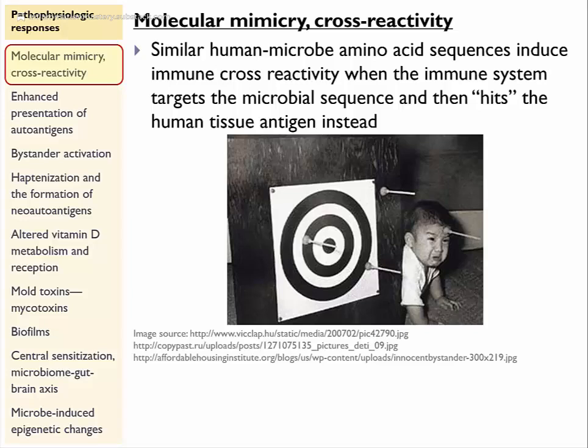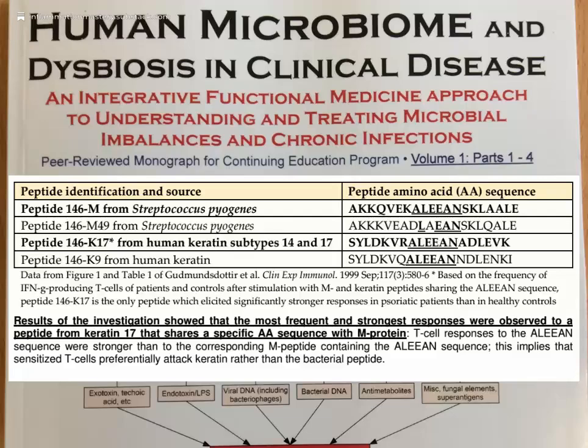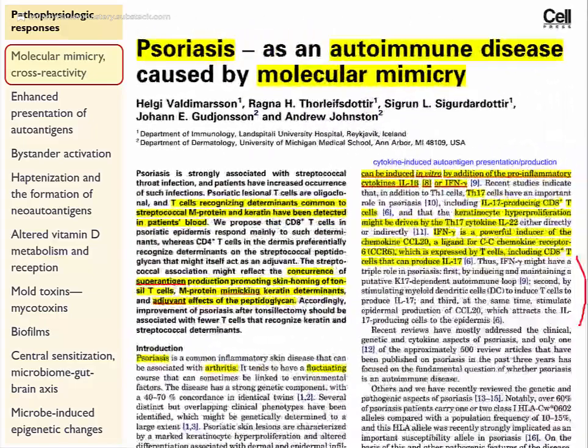Let's look at molecular mimicry and cross-reactivity as an exemplary model for the induction of pathophysiologic responses by microbes. So basically, the take-home message here is this: microbes produce in their proteins and in their cell membranes, for example, certain amino acid sequences which are identical or very similar to the amino acid sequences found in human proteins. So when the immune system begins to attack or have an immune response against those microbial molecules, some of that immune response, we might say, either misses the target or spills over to affect the human tissues that share those same amino acid sequences. So, amino acid similarity or amino acid sequence homology is the physiologic and molecular basis for